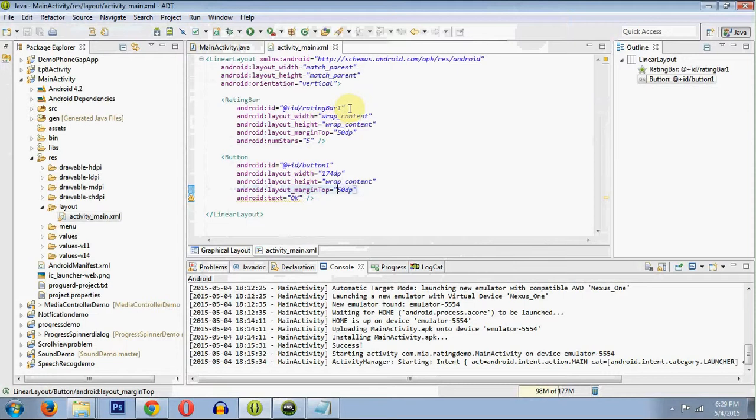By the way, the most important thing here is the ID. You see the ID here. You can change it for your reference or let it be the same. And also check the ID for the button. I will use the default IDs. So that's done with the layout.